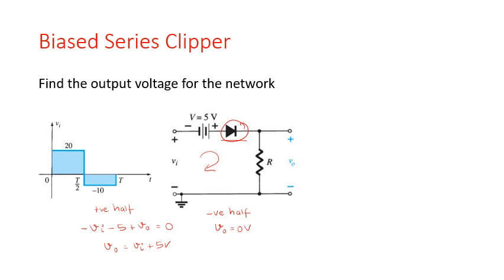How are you going to draw the waveform? By now you must have figured out how to do it. So this is your input waveform. You will draw this -5 line over here. So this is going to be -5 volts. Why have I drawn this line? Because there is a -5 over here. How do I know that it is -5? Because of this negative sign. So now when I'm saying V0 = Vi + 5 volts, Vi over here is maximum 20. So 20 plus 5 is 25. In the negative half cycle, V0 is 0. When you draw the final waveform, it looks something like this. Positive half cycle, you've got 25 volts. Negative half cycle, you've got 0. And if you see, this transition has happened slightly before T by 2.